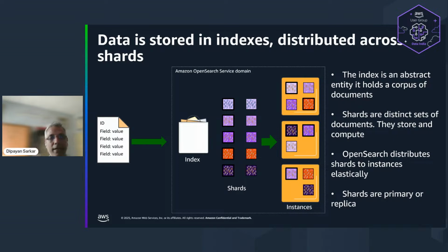So I'm not going in that direction. It's a different concept we need to discuss. Basically, you can now understand how data has been stored into the shards